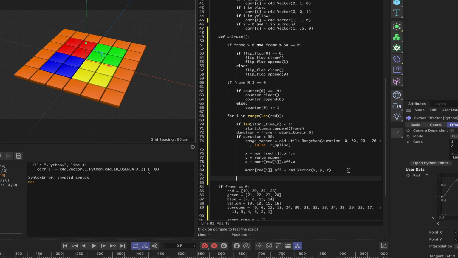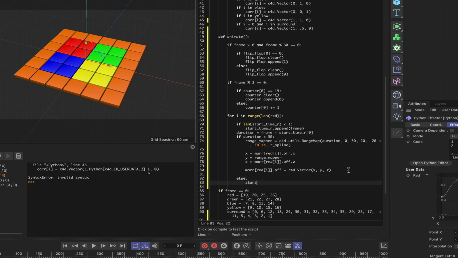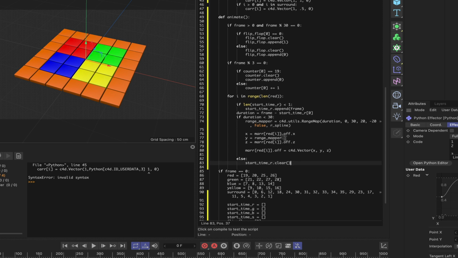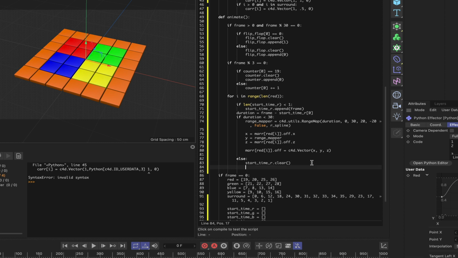Finally, to finish off this little piece of our code, we can say else start time underscore r dot clear, and that will set things up ready for the next cycle. So that's our red squares here taken care of, our red clones taken care of. Moving on from here,